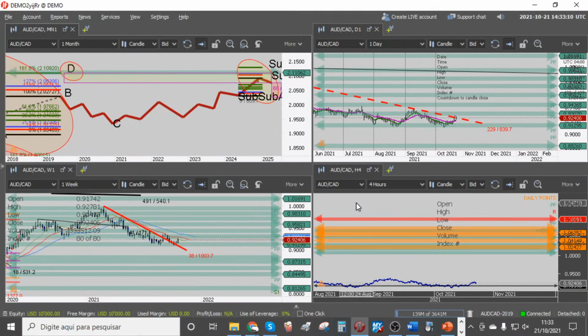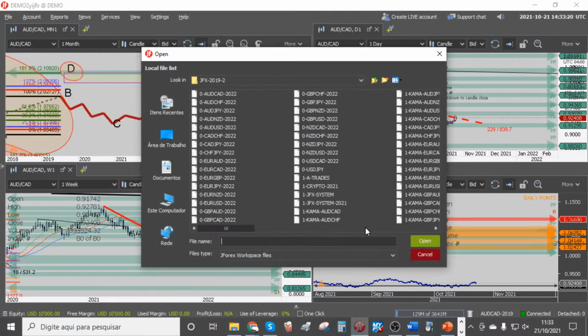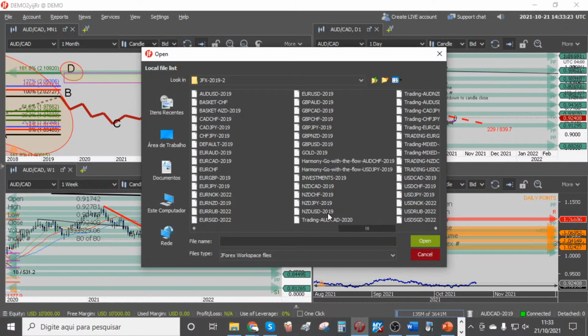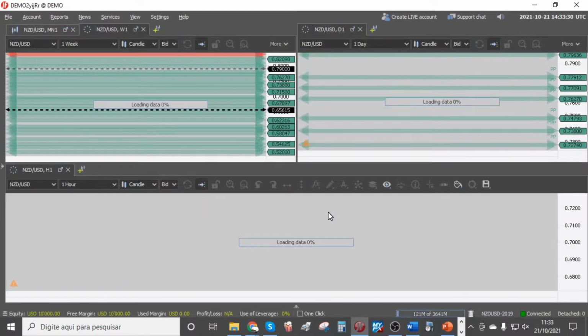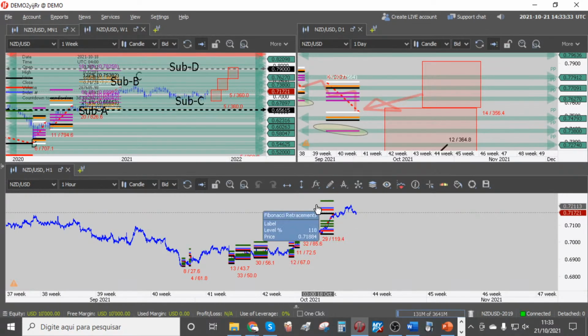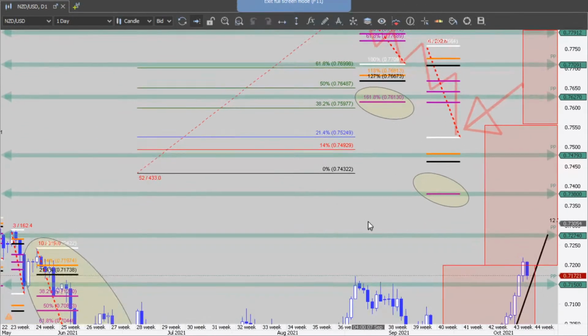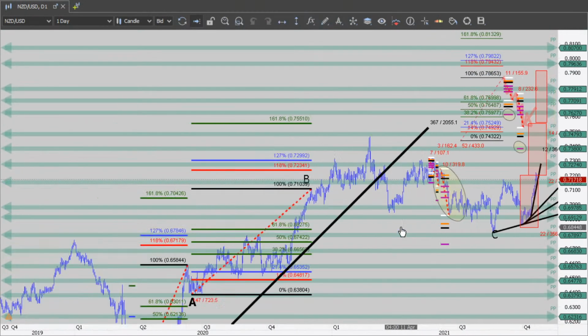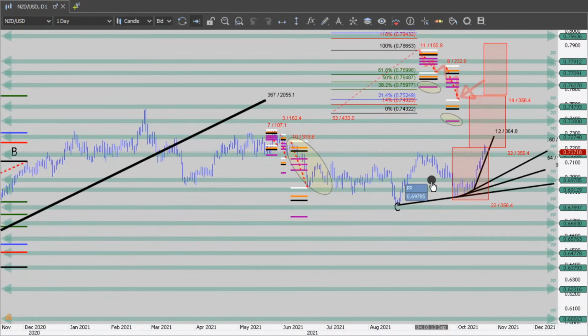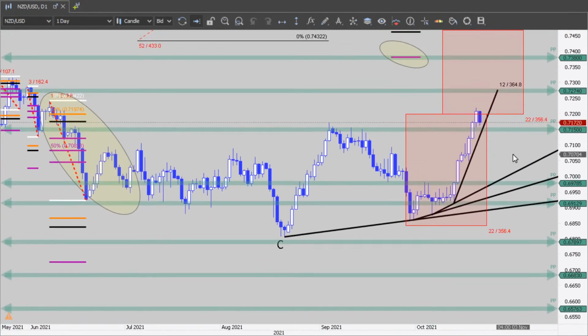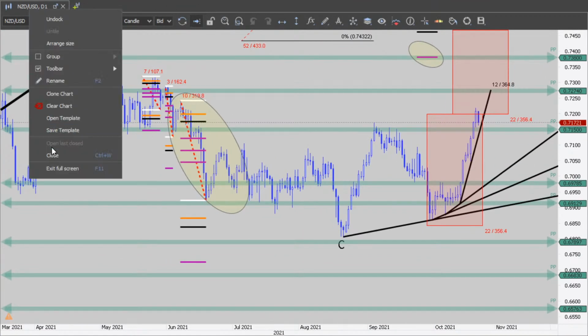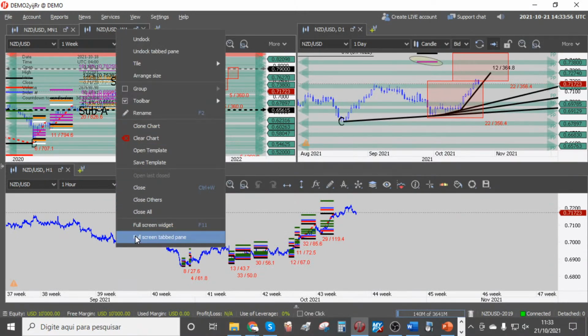Now tell me, everybody, tell me a currency pair that you like, that you prefer. Otherwise, Lucas, it was NZD USD, right? We were checking NZD USD last time. If I recall correctly, it was NZD USD. Everybody, NZD USD, up and down, right? See what's happening, everybody? But NZD USD on the weekly chart,